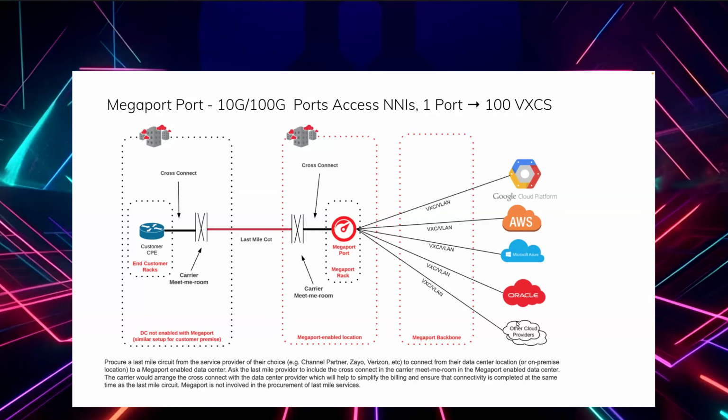And then I order a Megaport port. After I do that, I order that cross connect that you see here on the right side, and I establish that connection end to end. Once I do that, I have that full port enabled. And then this is where that VXC that I was referring to on the previous slide comes in: it's a layer 2 connection, a layer 2 VLAN to the cloud.